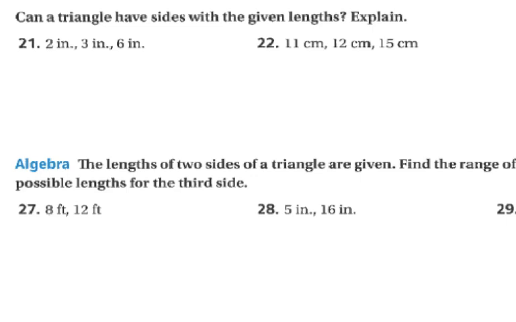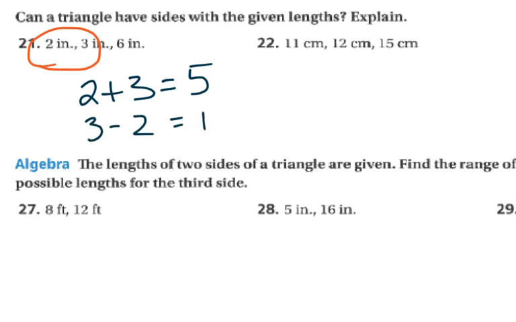So the easiest way to figure it out is to just pick 2 of the sides. It does not matter which 2 sides you pick. Let's just pick 2 and 3. Okay, they give us 2, 3, and 6. We could have picked any 2 of the sides. I just picked the 2 easiest ones. And I do 2 plus 3, and I get 5. Then I do 3 minus 2, I subtract them, and I get 1. And I always add them and subtract them, same thing every time. So the third leg would have to fall in between